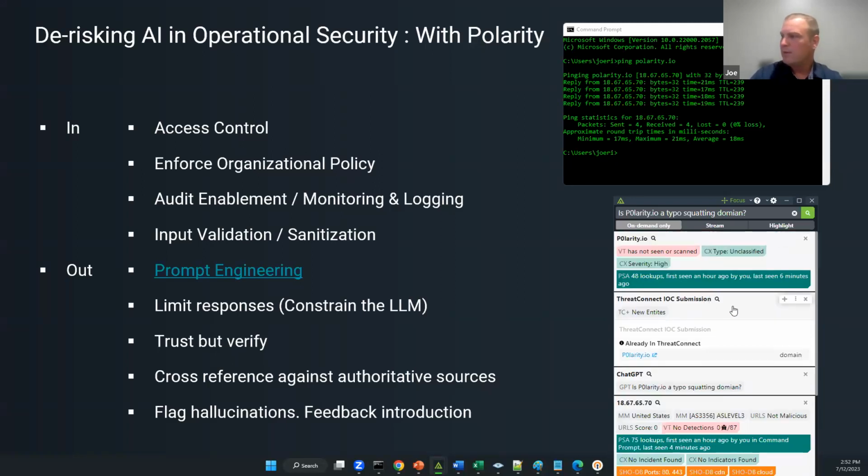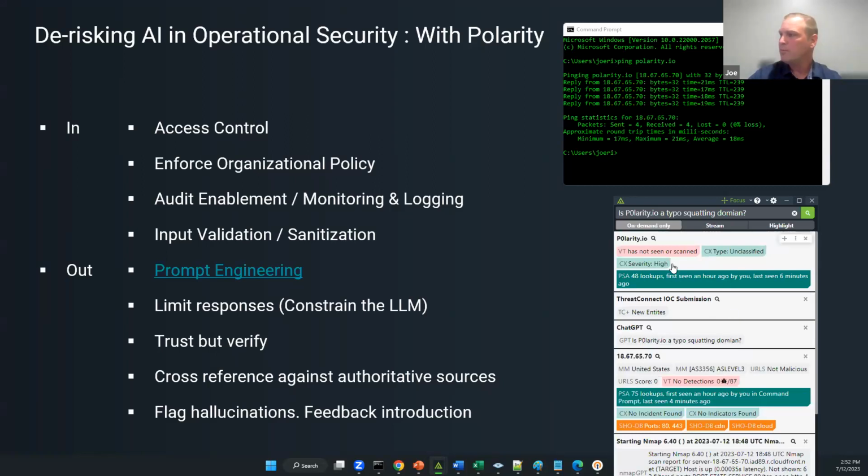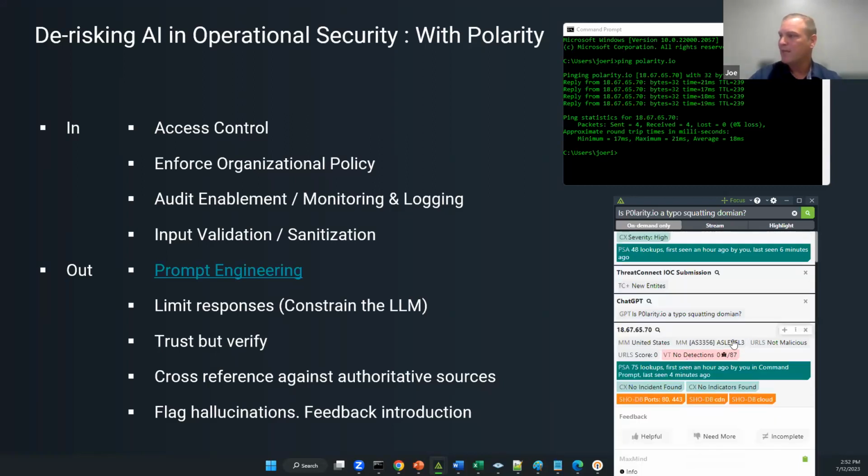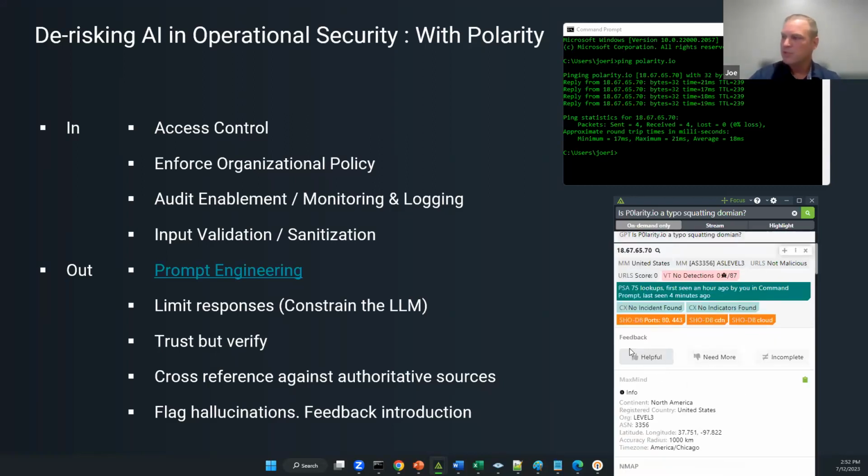But the other thing I want to be able to do, outside of contributing to my data sources and hopefully the higher quality decisions that my colleagues can make, is also contribute back to the quality of the information I'm getting from my tools. So you can see here we have the feedback integration that we're planning to release, which will give the analyst the opportunity to say, hey, all of the information that came back for me, be it my AI, LLM, ChatGPT as an example, responses, other data sets, this was helpful. This needs more, this is incomplete.